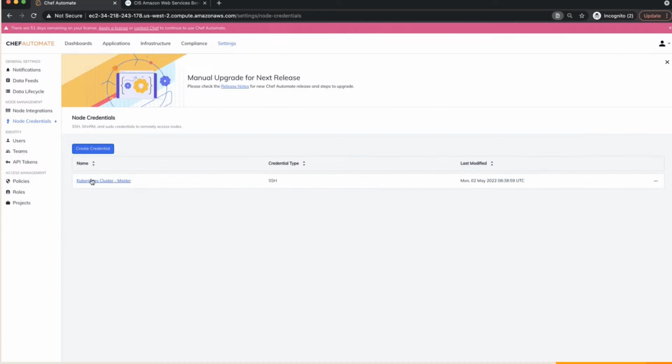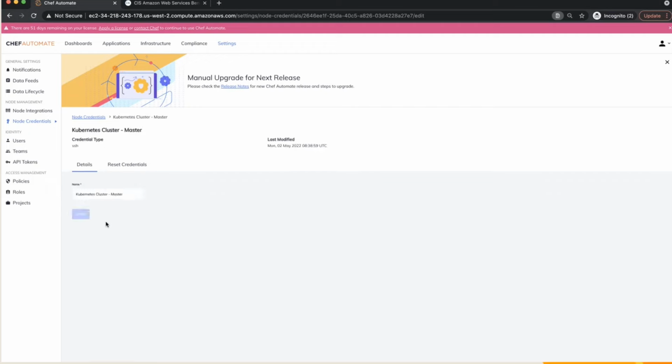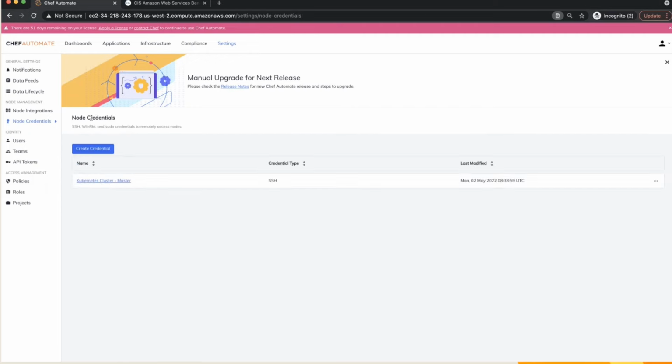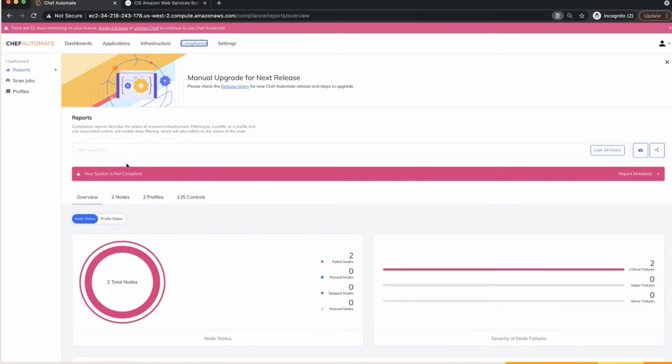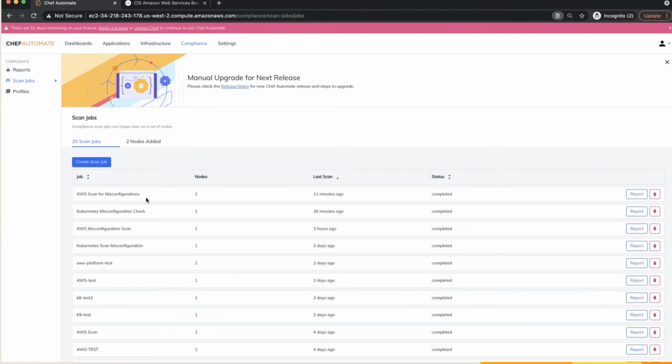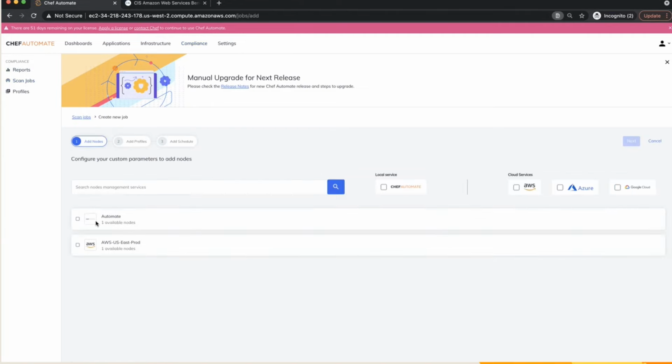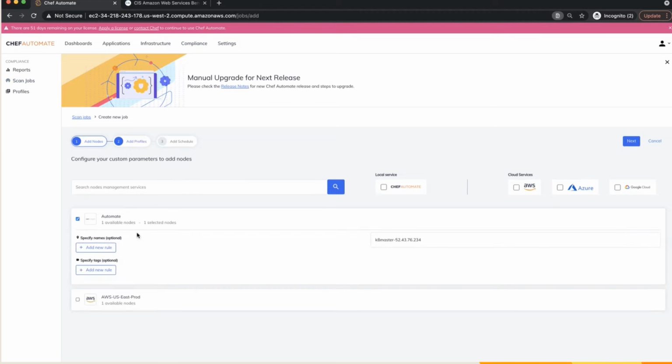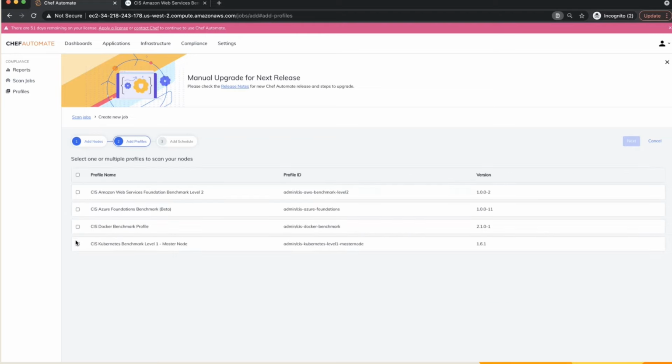I have in fact done it for one of the Kubernetes cluster master nodes. And once you've done that, you pretty much do the same process as you have done for the other cloud scans. You go through your scan job, you create a new scan job, and you choose a specific node. So what I've done here is I have selected the Kubernetes master node, and I'm going to select the Kubernetes CIS profile that needs to be run,